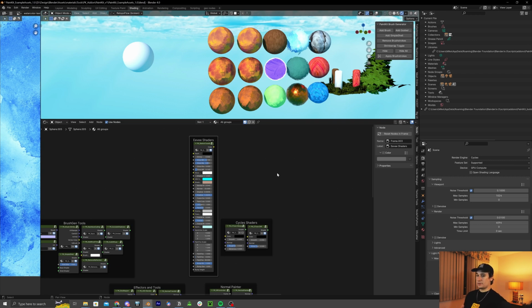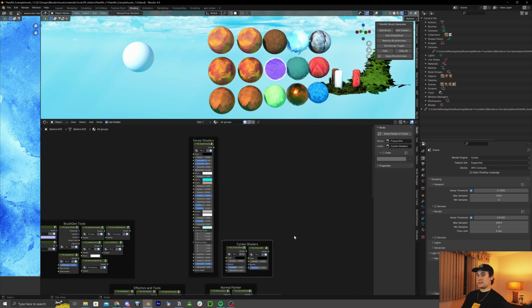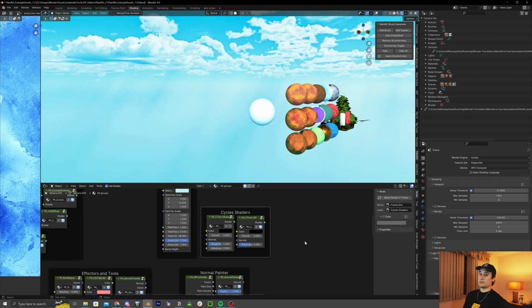Now you don't have to use these shaders to use PaintKit. PaintKit is usable with any shader that you use as long as it has a color and a normal input. The only difference with these is that some of them can add a bit of extra flair that you might not be able to get with just a regular diffuse shader. So starting with these Cycles shaders here, because personally they're my favorite, they are based off of the Toon BSDF that's included in Blender Cycles. Now the only difference with them is that they are then layered on top of each other so that you can get really interesting cell shaded like effects that you normally wouldn't be able to get with a diffuse shader